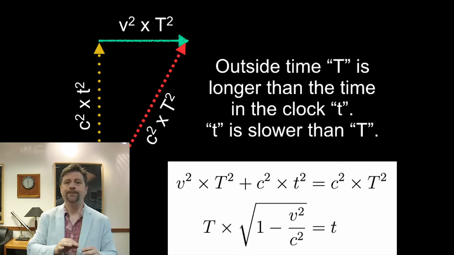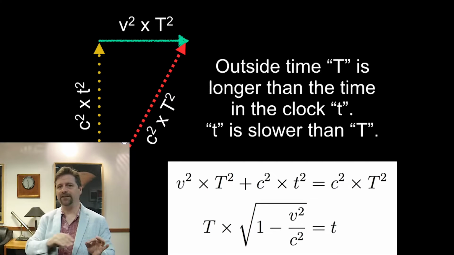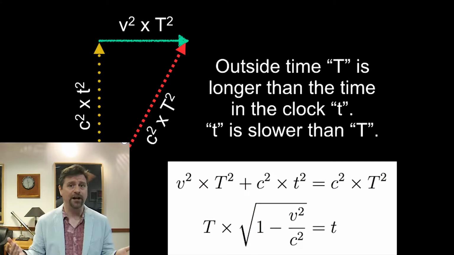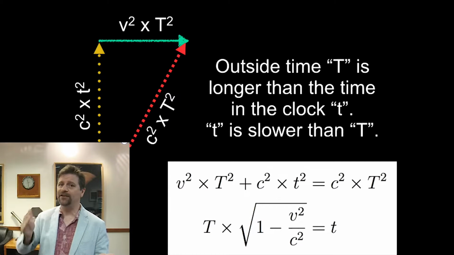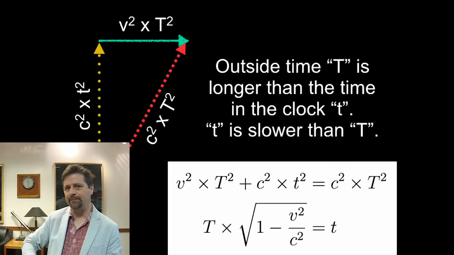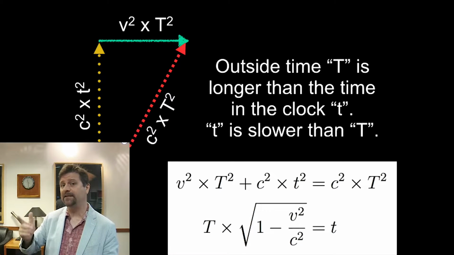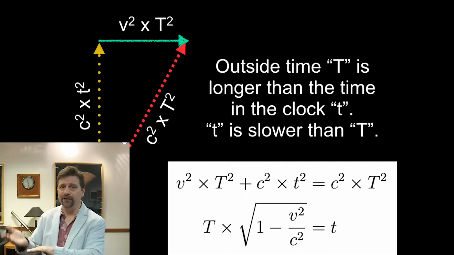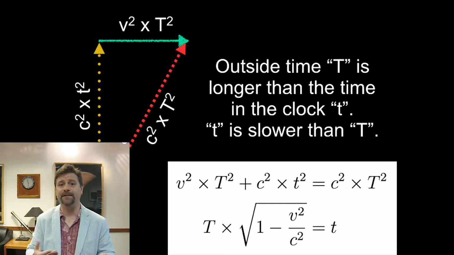All right, so we can take the length that it's going, the speed with which it's going, times the time we're watching it for. Doesn't matter how long we're watching it for. But we know inside the tube, they have their clock. And they see the light pulse going up and down at the speed of light times the time that they're watching it. So how does this time convert into the time that we see from the outside?